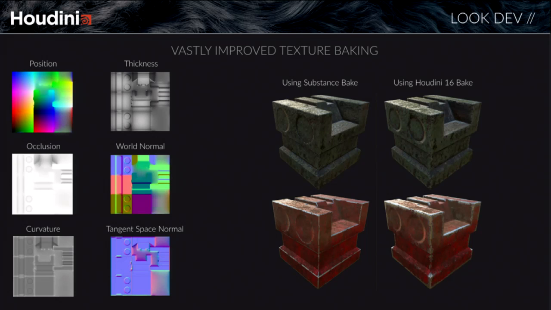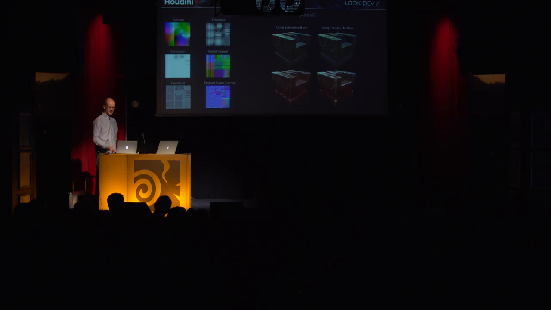And then, as Kristen mentioned, texture baking has been improved hugely as well. I just have the single slide here, but I really want to stress it's a huge change. There's been a lot of progress during the beta still in the last few months, and we're really at a stage now where you get great outputs out of the box, and it works directly with standard game tool chains like